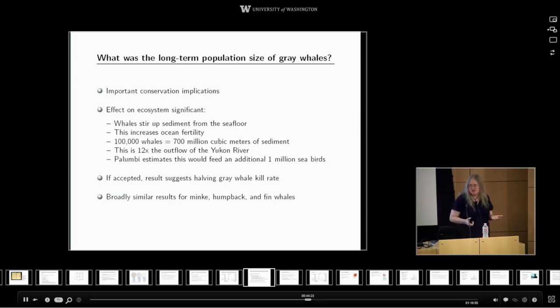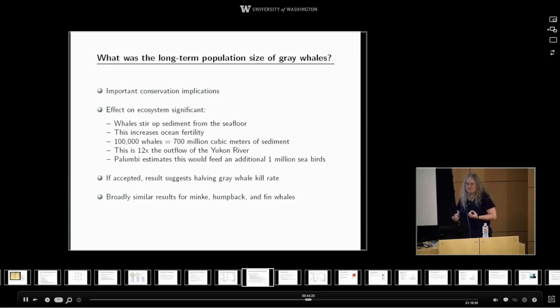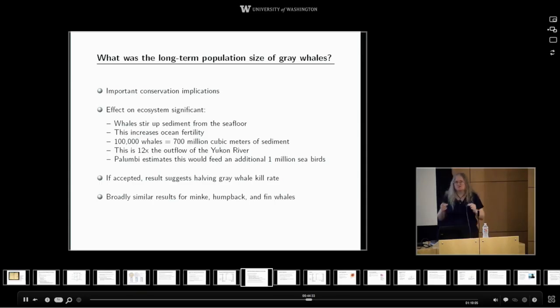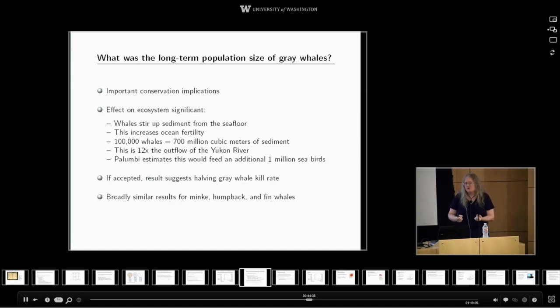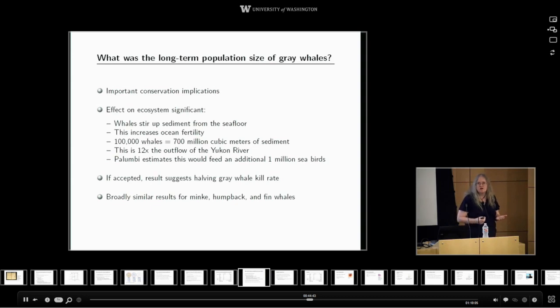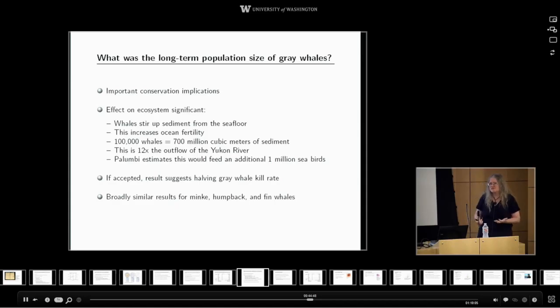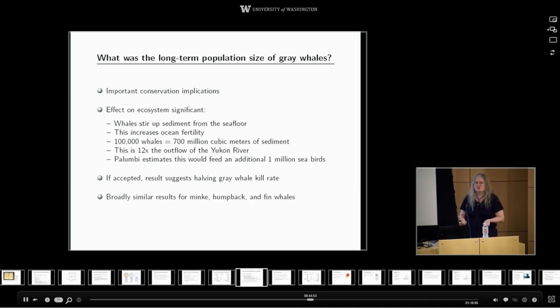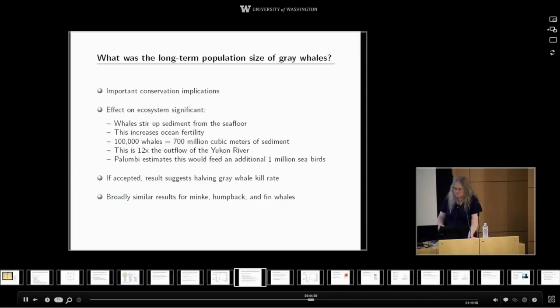Palumbi's repeated this type of analysis with minke, humpback, and fin whales. The interesting thing about it is that humpback and fin were preferred whales for whalers. And in both cases, we see the same big discrepancy between the logbook entries and what the genetics says about the number of animals. Minke whales were not preferred. They were considered kind of a trash whale that you would catch if nothing else was available. Their population didn't come down as far. It's recovered pretty nicely, and there's less of a discrepancy. The numbers it's recovered to look like they may actually have been pretty close to the pre-whaling historical level. But that's not at all true for humpback or fin, as it's not true for gray.